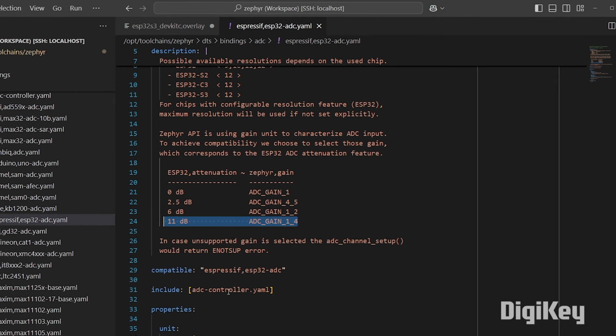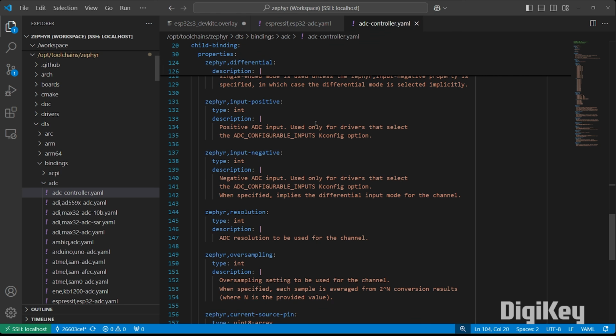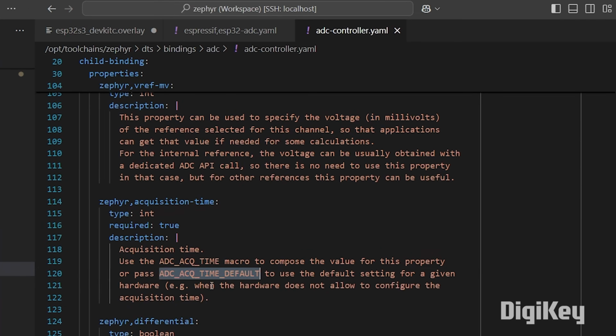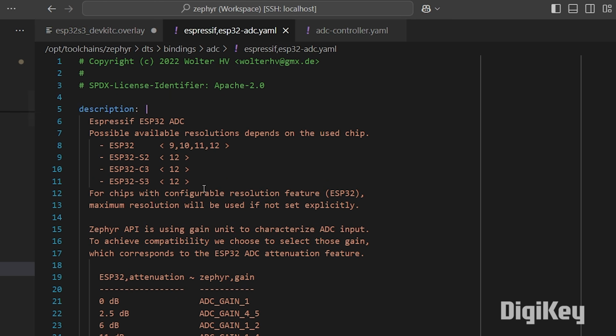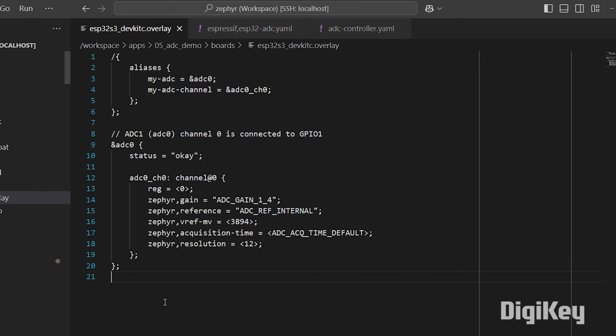So if we bring up this ADC controller again, let's get rid of that bracket. And we can find the acquisition time. You can see that we can set it to ADC ACQ time default to use the default settings. That's fine. The ESP32 should have that set for us. I don't think the Espressif drivers do much with this resolution setting, because it is an optional setting, and from what I can tell, the ESP32-S3, it's already set to 12 anyway. But by filling this out, we can use this in code for some calculations. Don't forget, we need to end everything with semicolons because DeviceTree. Let's save that file,